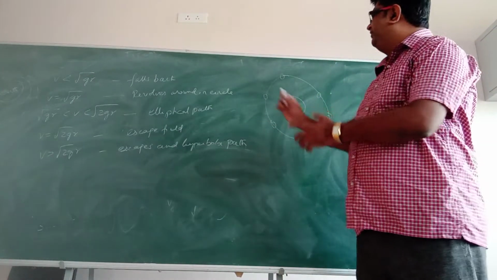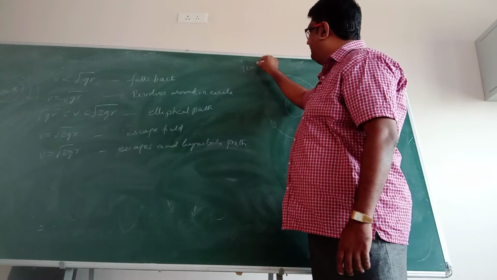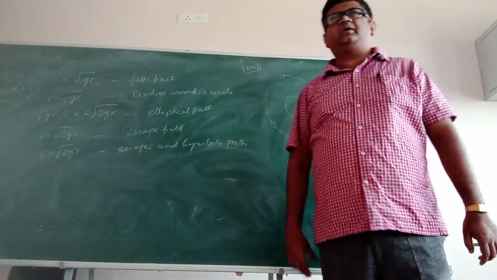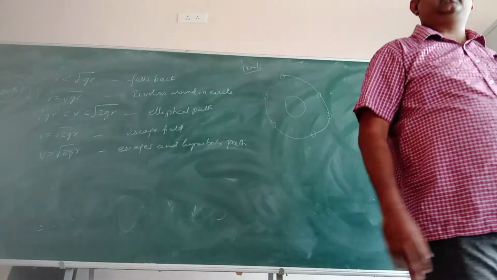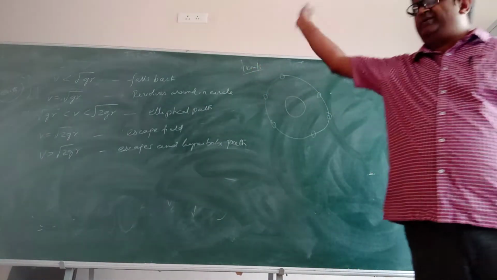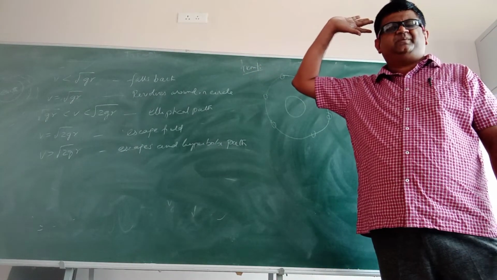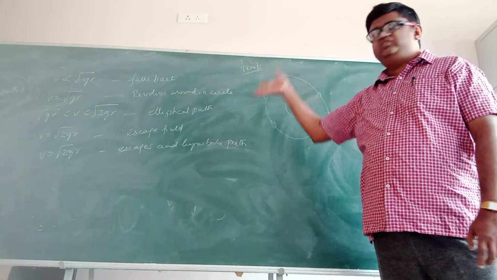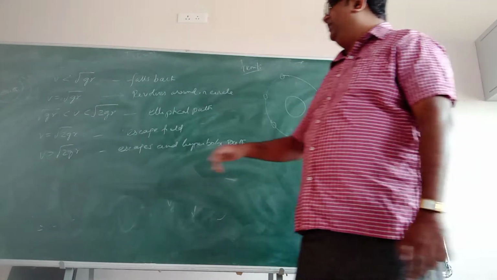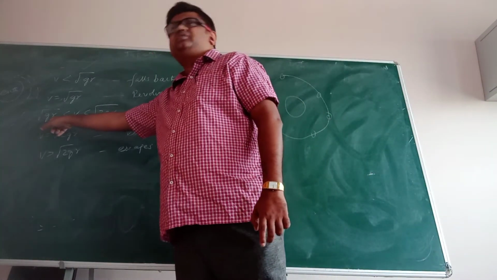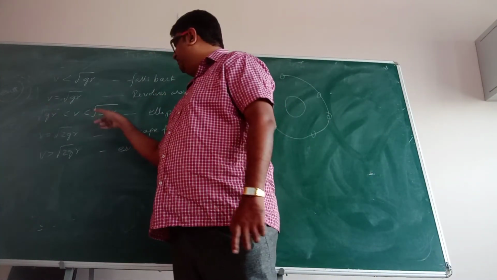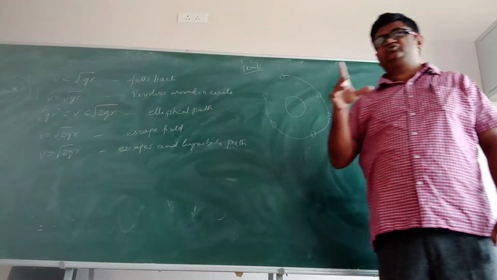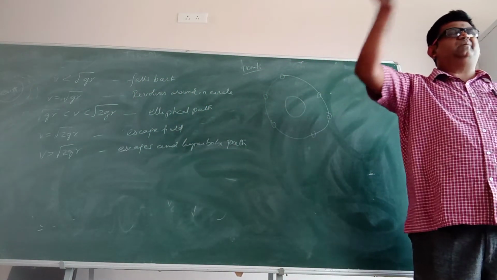Let us say the velocity was 9 kilometer per second. Let us say 11.2 kilometer per second is the escape speed. If you are giving that speed, it will escape into that null space, zero gravity. But the speed is less here. What will happen? The speed is more than the orbital speed, but less than the escape velocity. It will actually follow an elliptical path.